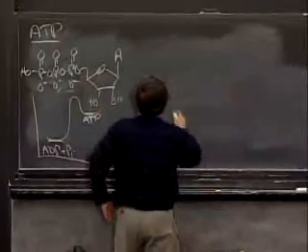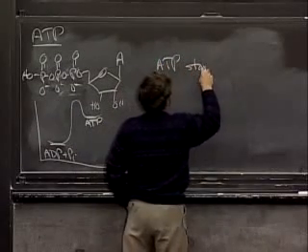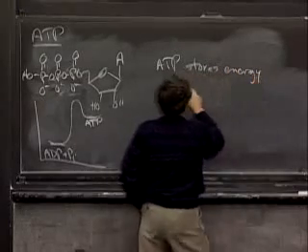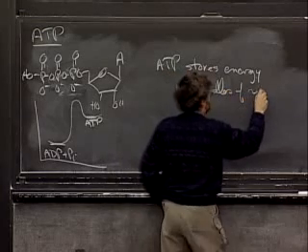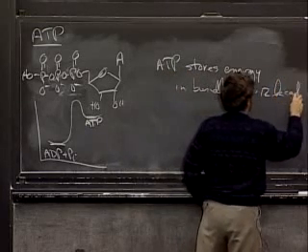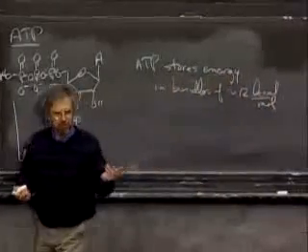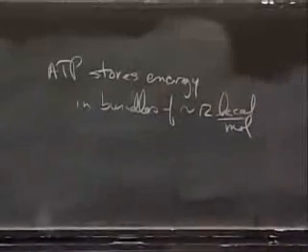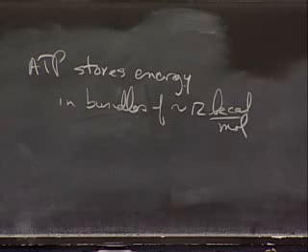And this energy is stored, you think of it in bundles of about 12 kilocalories per mole. That's about how much energy is released under physiological conditions when you hydrolyze that bond. So hydrolyzing ATP to give ADP plus inorganic phosphate would have a delta G of minus 12 kilocalories per mole